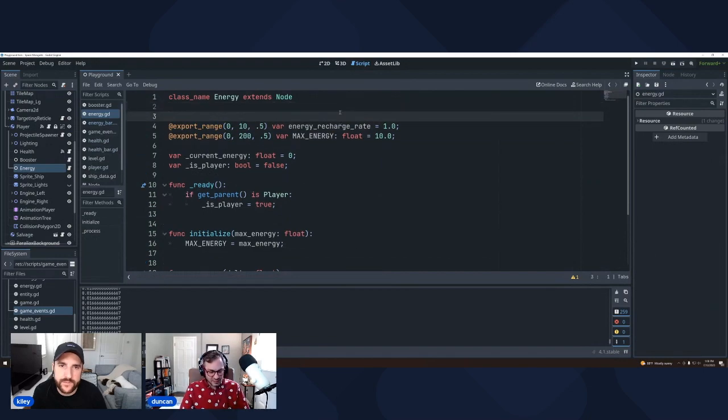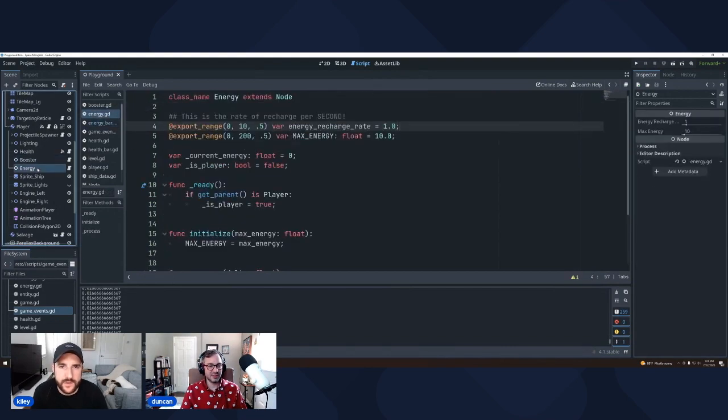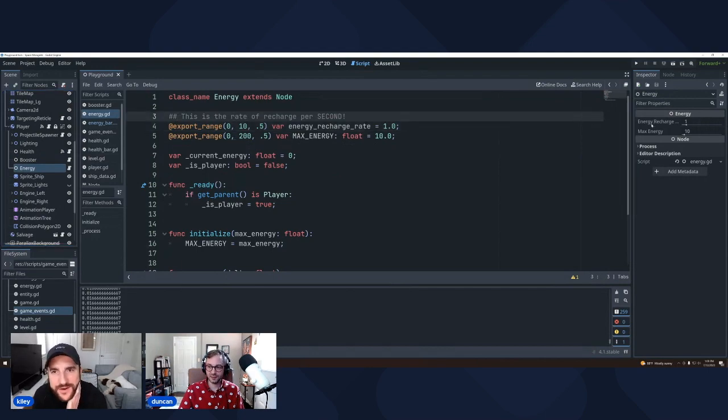And let me test something. This is the rate of recharge per second. Okay, and this is supposed to work. Again, with Godot, it's funny, some things work, some things used to work and don't work anymore. Okay, cool. So now you can see I have a little comment. Yeah, it becomes like a little tooltip helper. Which is super cool. And that's just by doing 2 of these instead of just 1. 1 is kind of just a comment, but if you do 2, it'll be a tooltip.